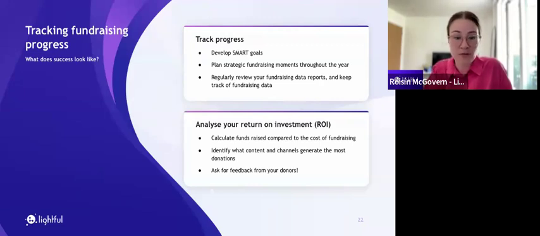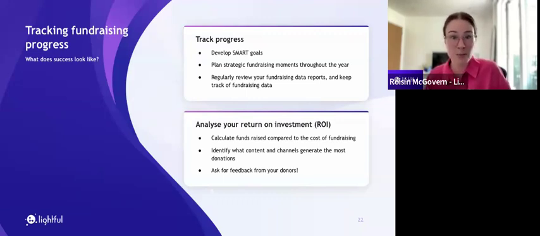Now, once you have your online fundraising set up and your campaign is underway, make sure you keep track of your fundraising data and review your fundraising reports regularly, referring back to your goals wherever possible. It's really important to know how much you're raising and where it's coming from, what content is generating the most donations, where your different donors are based. Then you'll know if one of your fundraising tools or techniques is working particularly well. Or if it isn't, then maybe it's not the right tool for your organization or not the right tool for that specific audience. So it really allows you to optimize your fundraising strategy in real time.